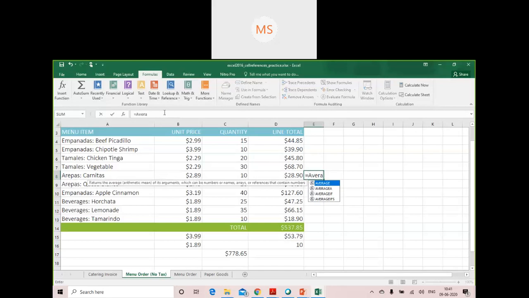Start typing the name. The moment you do that, some related functions will pop up automatically. If you want, you can use the tab key to select it, or you can use the mouse to select that particular function. Okay, and you can also understand what type of parameters it requires. Like the moment I select average, it by default opens the parenthesis and says that it requires arguments in the form of number 1, number 2, number 3, in that way.